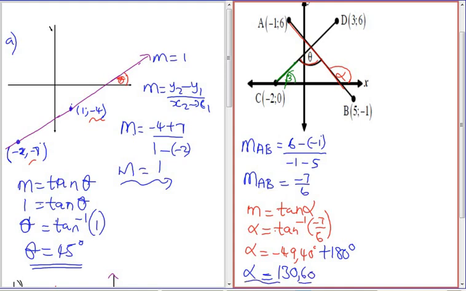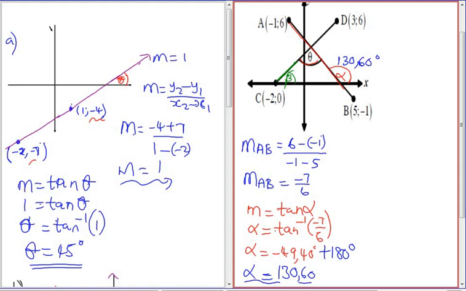Well, we got one angle. We know that this is 130.60. It's just that it's not the angle that we were asked. We were asked for theta. We got that one, good for us. But how do we get theta? You may wonder why I'm going on and on about calculating alpha and beta, but in no time at all,